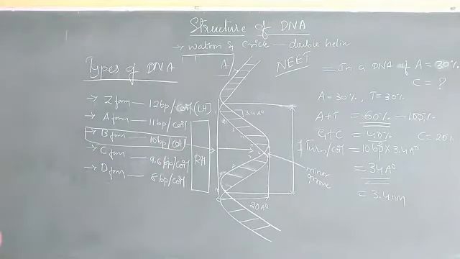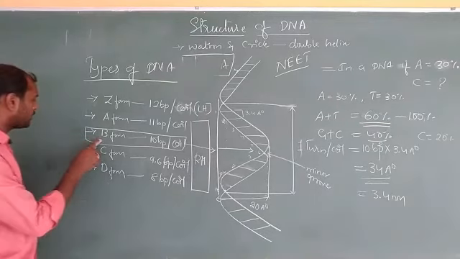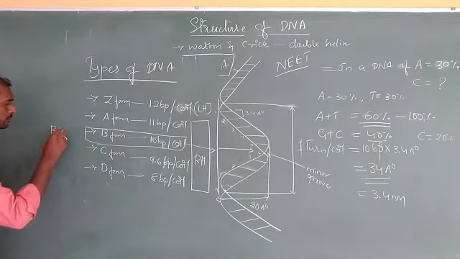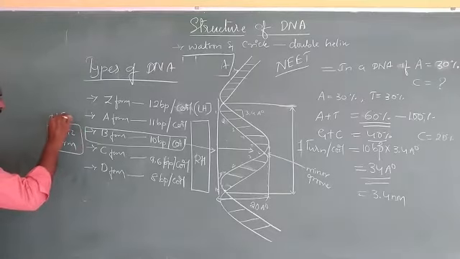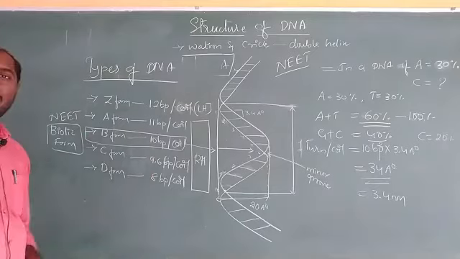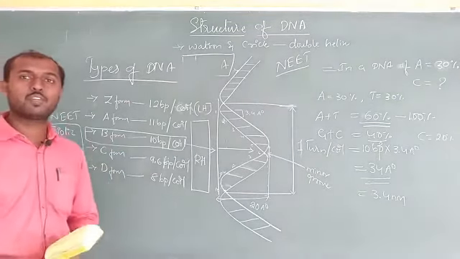Okay. So this B form of DNA is also called the biotic form, and it is called a very common DNA. So this B form is very common in all the organisms. Sometimes it is called the biotic form. So it is very important for NEET purposes, because sometimes they may ask this kind of question in the NEET examination. So this is the types of DNA that we can see in nature.